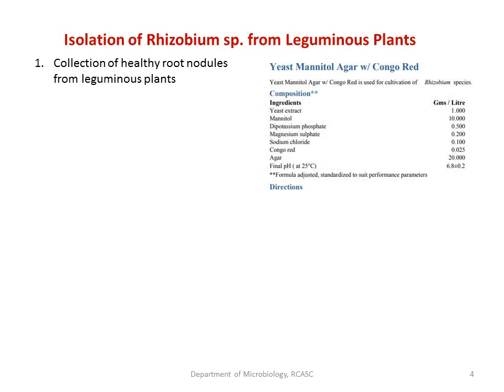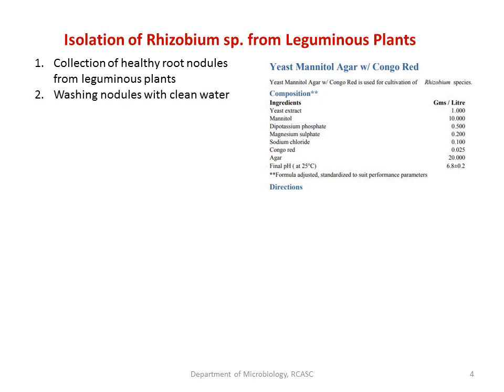How do you identify that the root nodules are healthy? We have to pick the nodules which are pink in color, which indicates that there is active rhizobium inside those nodules. If there is activity of rhizobium, there will be leghemoglobin. Leghemoglobin is a protein which scavenges oxygen. So if there is high activity of leghemoglobin, the nodules are pink in color, indicating the nodules are healthy. So collect such healthy, unbroken nodules from the leguminous plants from which you have to isolate the rhizobium.